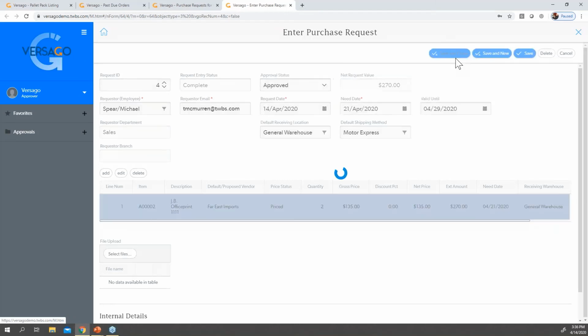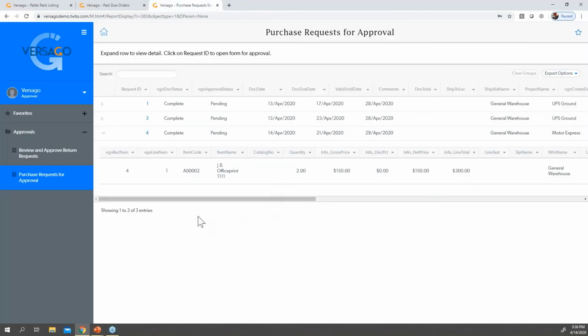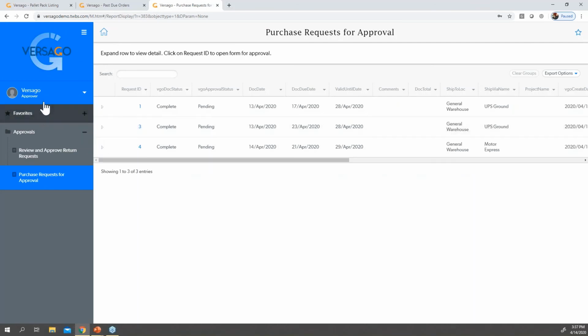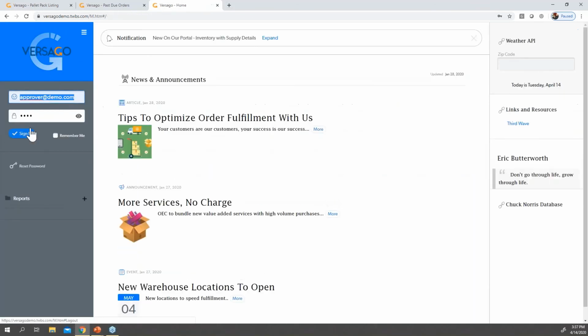And when I say approved or process, it's going to write that to SAP Business One as a purchase order. So it's going to pass through the lines, look at the vendors, and create the purchase orders. Now, as a shop employee, we do have a report that would show them the status of those purchase requests as well, so that they know whether or not it's been approved. We can have a link to the SAP Business One purchase order as well, so that they can look at that purchase order and see when those goods are coming in.